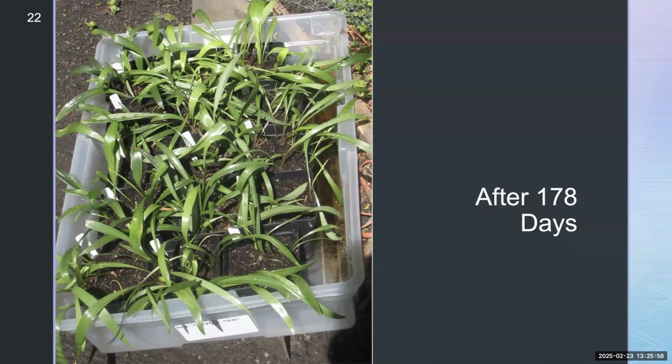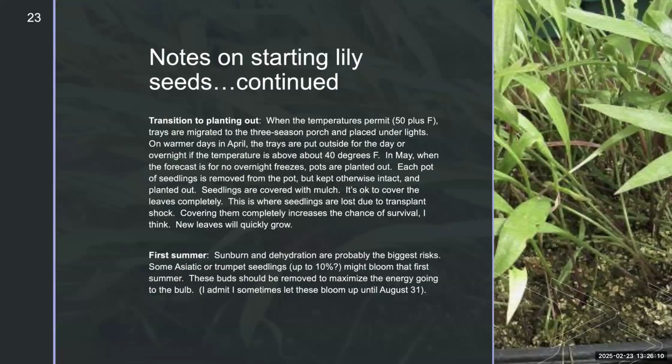Now, with the bigger pots, when they're ready to go in the ground, they look a lot bigger than this. I mean, a lot more leaves and a lot more robust. I will say, next slide, please, the process of getting them out of the basement and into the ground